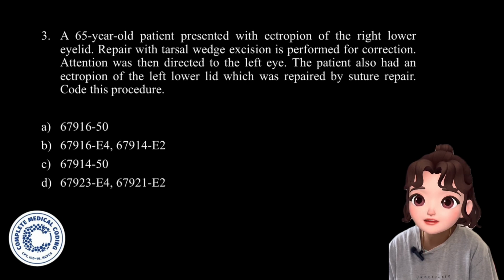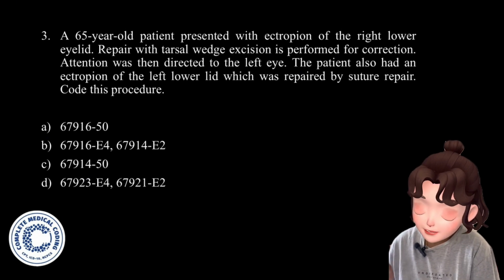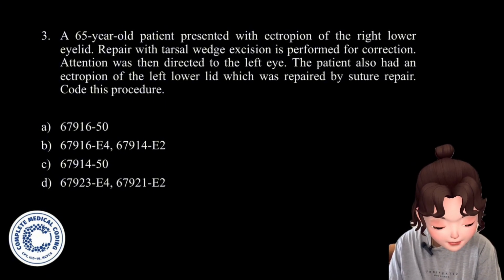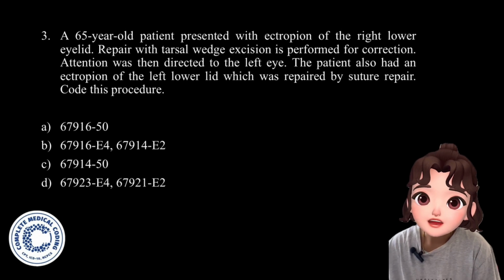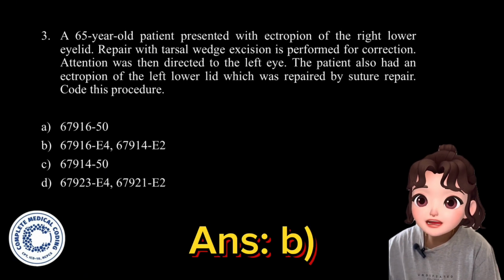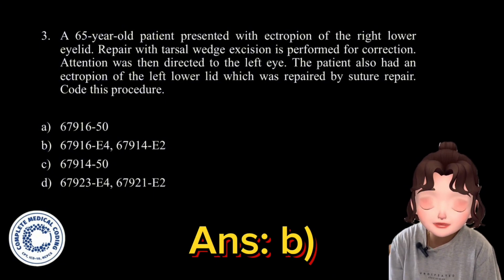Similarly, option D is also wrong, 67923. If you want, you can check what 67923 and 67921 are. 67921 and 923 are for entropion. Okay, so that is wrong. So as mentioned, the correct answer is option B, 67916, with modifier E4